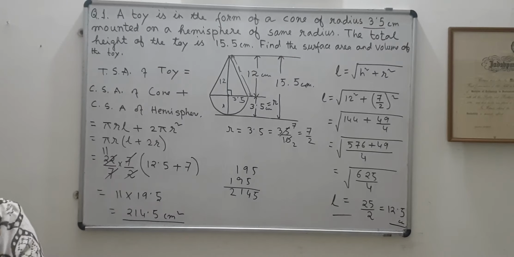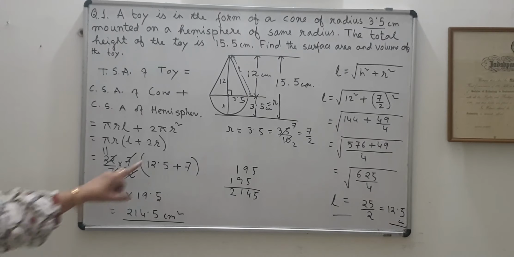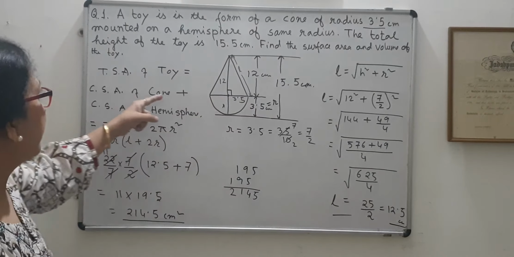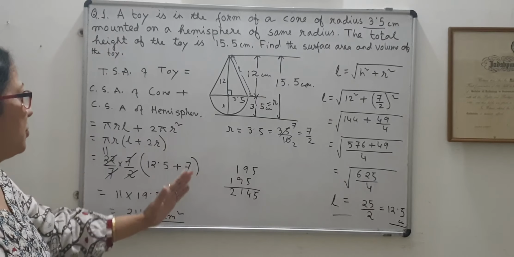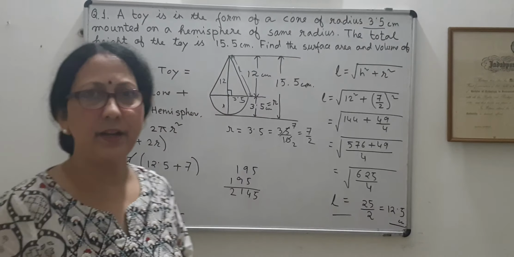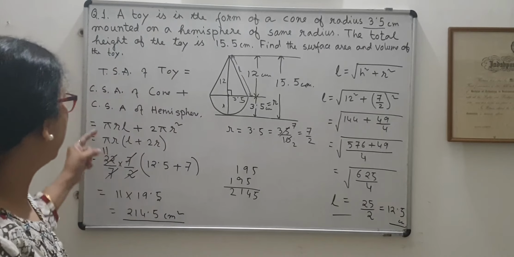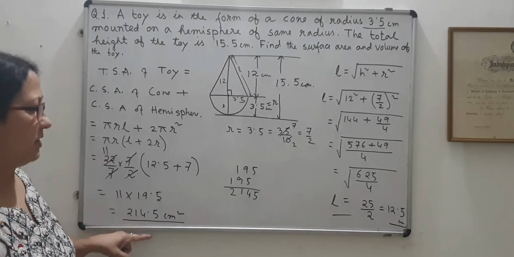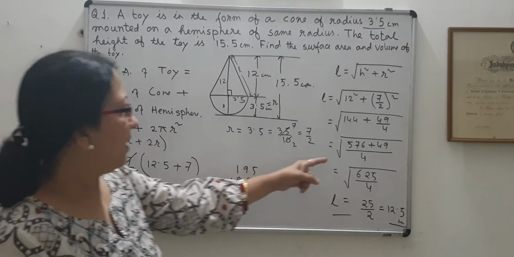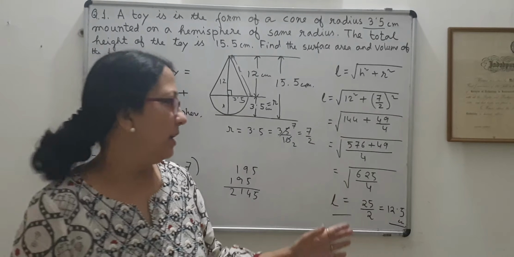So you see one thing. I have not calculated them separately. I am doing the things together. If I calculate separately, it will take longer time. Calculations will be difficult. But if I do it in this way, you see the things are getting cancelled. So my calculation becomes easier. Okay, and here I have used fractions. These things you have to take care of.